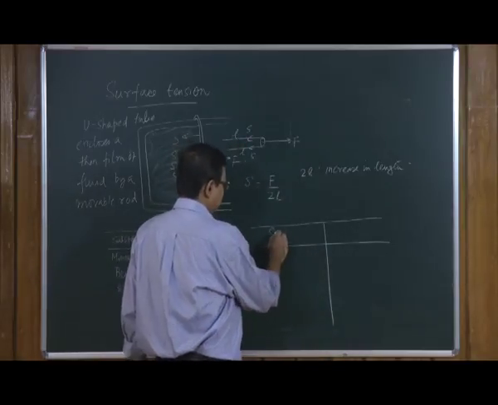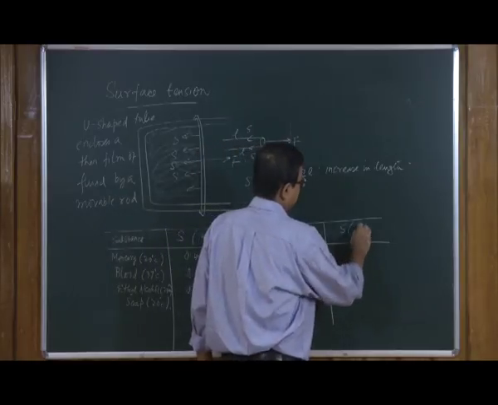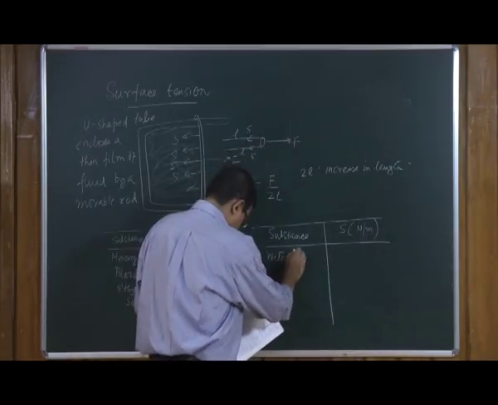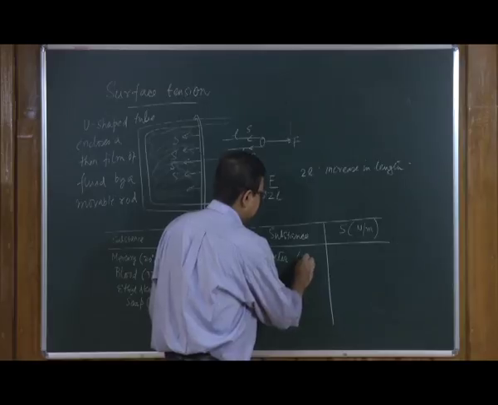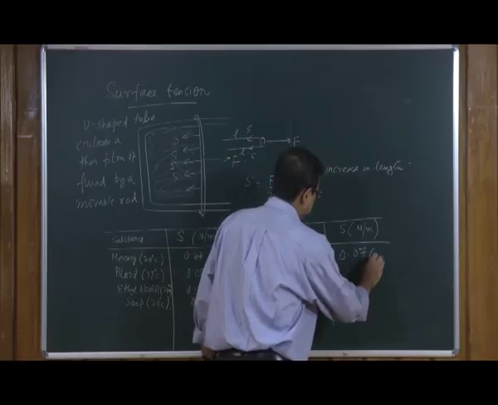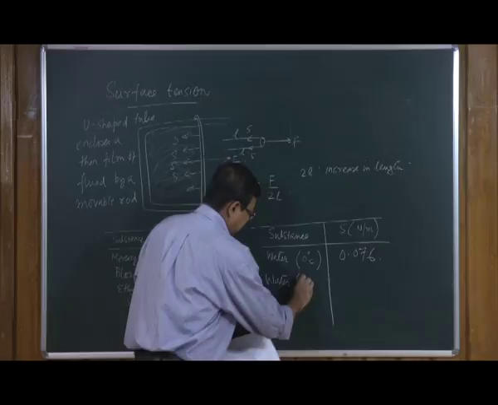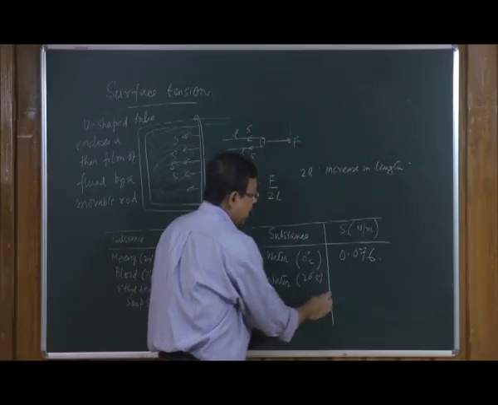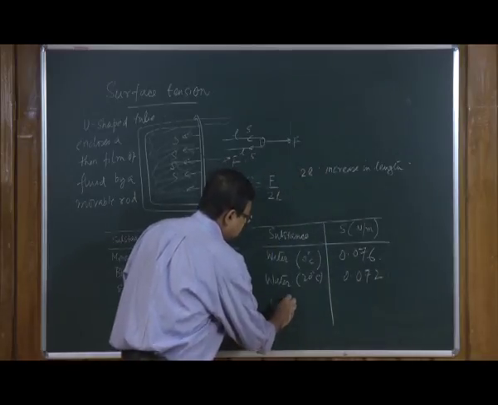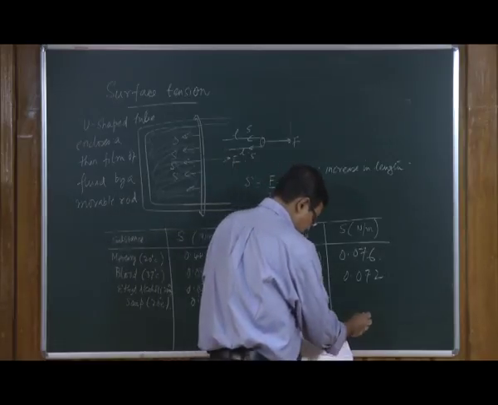Again substance and the surface tension in Newton per meter. So, water at 0 degree centigrade is equal to 0.076, water at 20 degree centigrade 0.072, water at boiling point, which is 100 degree centigrade, equal to